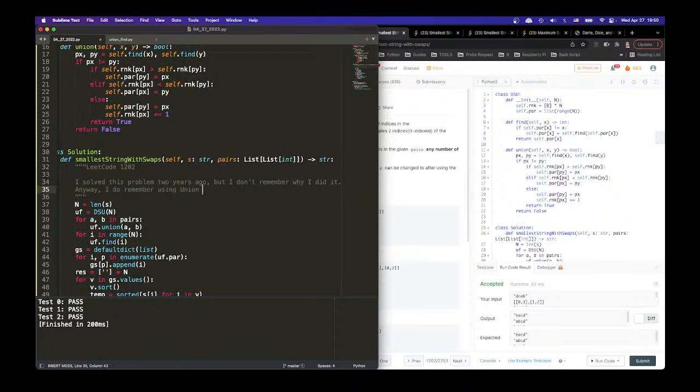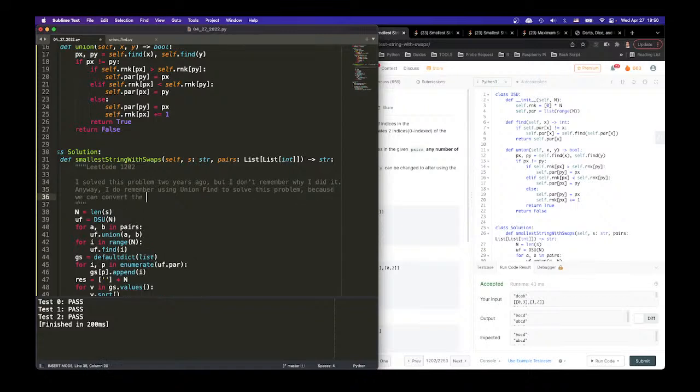Anyway, I do remember using union find to solve this problem, because we can convert the letter swapping to forming an edge between two indices. So this and another insight is that